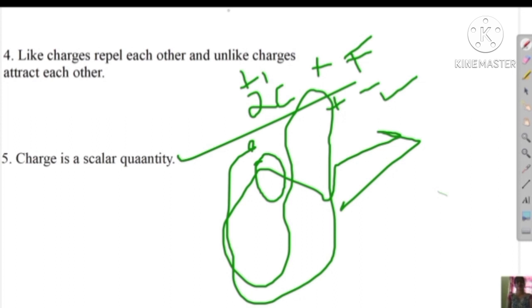This question may be asked for 2 or 3 marks. If the question is asked for 2 marks, you just write the points. Like the first point is charge is additive, charge is conserved, charge is quantized, and one more you can write: charge is a scalar quantity. So for 2 marks you have to write 3 points. For a safer position you better write 4 points. If they ask you for 3 marks to explain the charges, you have to explain the charges with the statements as I had given you in the previous slides. Is it clear? Okay, so this is about charges.